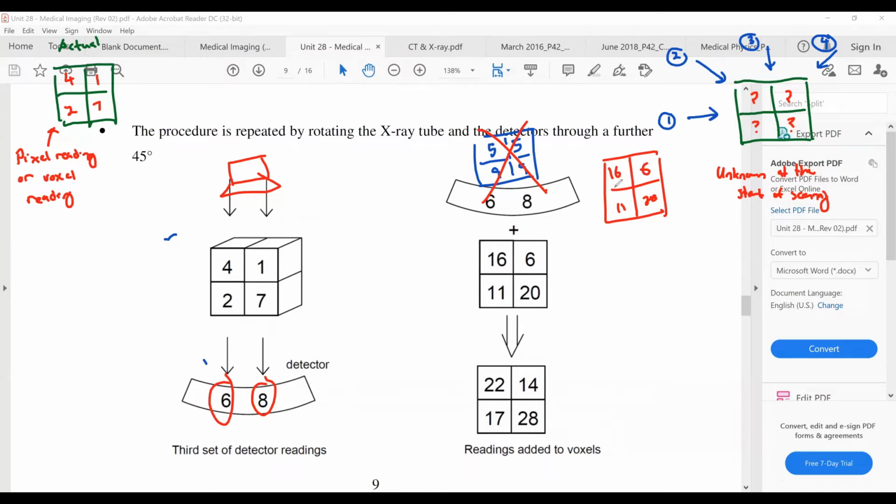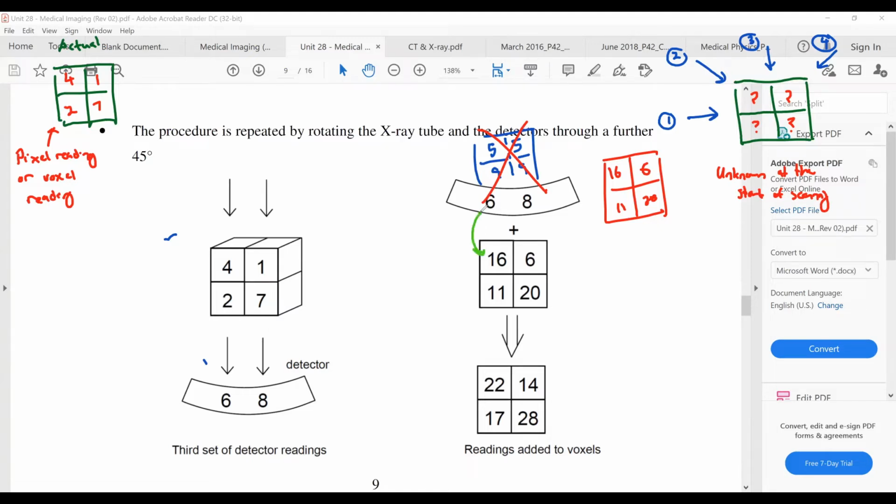Your memory has stored the image of a slice as 16, 6, 11, 20, right? So the 6 and 8 here, you add it back up in the same direction. If you're scanning in this direction, you add them back up in the same direction. So what you do here is this. Anyway, maybe I shouldn't wipe this one off. Okay, so what you do here is that